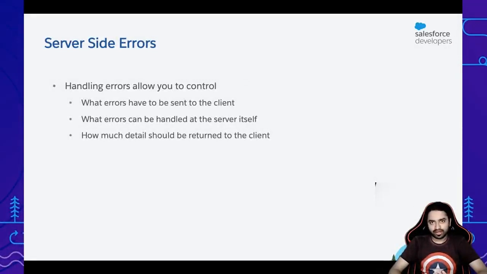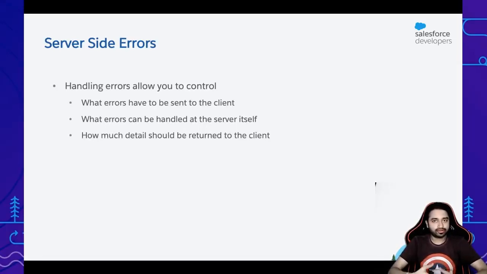I mean, you might ask me, why do you need to handle errors on the server side if the exception comes, it is anyway sent to the Lightning Web Component. Why can't I do it just there? Now, the reason you need to handle errors on the server side is because of these three reasons. It allows you to control what errors have to be sent. So for example, in the example you have seen, in the last method, I decided not to send any exception. I thought I'll just handle any errors in the backend itself and either return the uppercase string or return null.